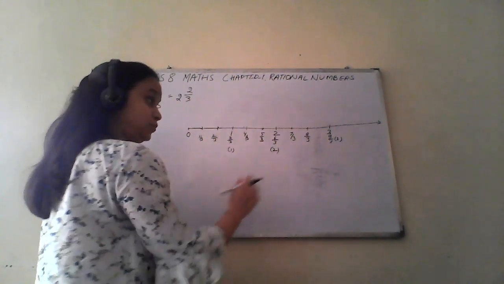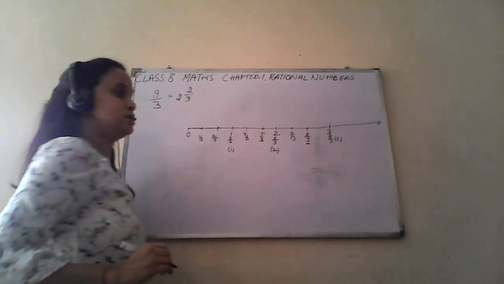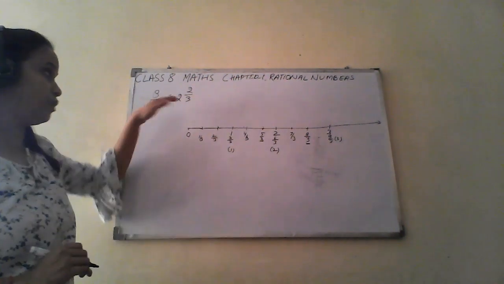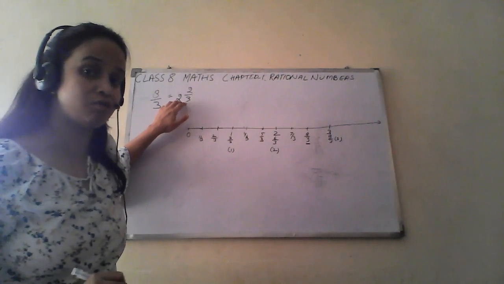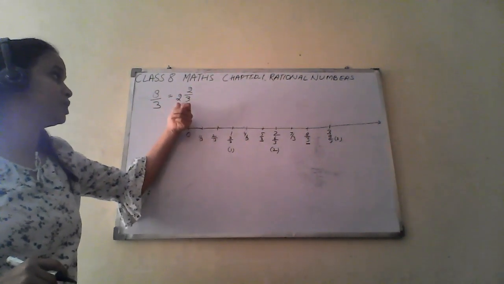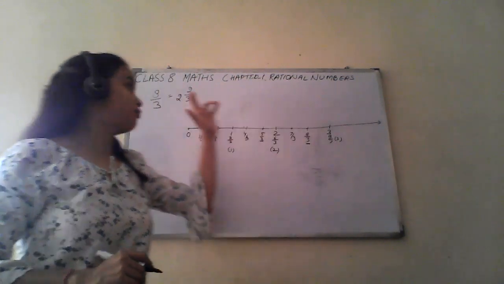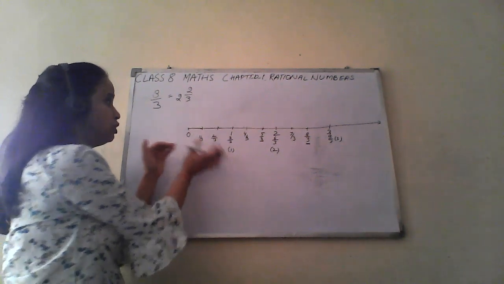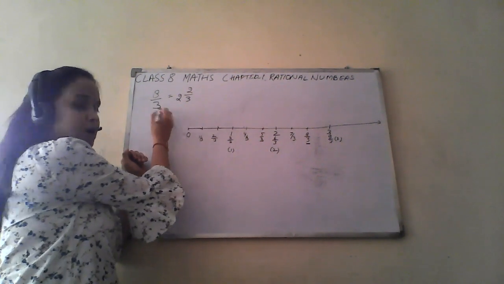Okay. So we have to plot 8 by 3 and we have plotted it on the number line. So first we have to convert it into mixed fraction form, and then we extend the number line by looking at this whole part. If it is 2, we have to extend to 3. If it is 4, then we have to extend up to 5, and we have to divide each section into equal parts by looking at the denominator. We'll take a few examples.